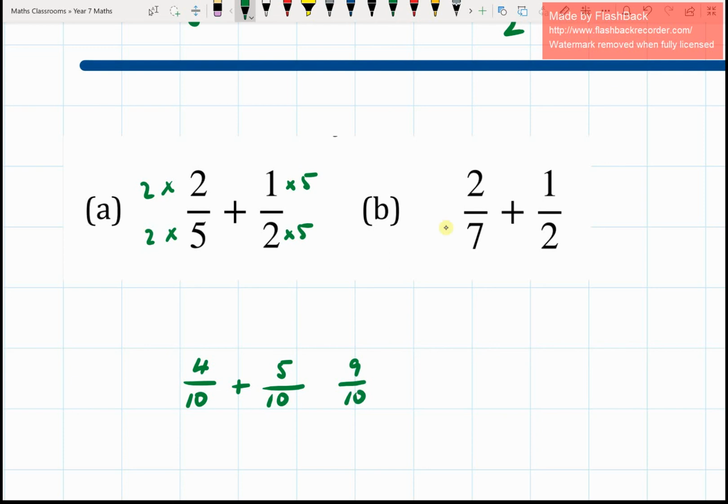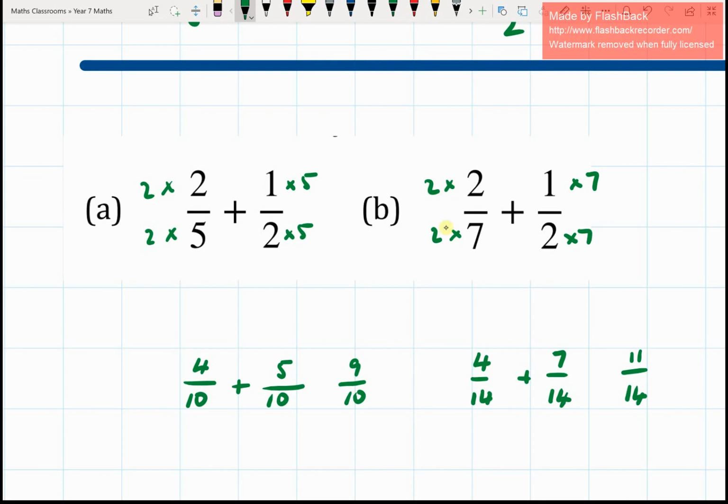On this one, I'm going to make my bottom number 14, because if I times 2 by 7, I get 14. How did I get 7 to 14? I times it by 2. How did I get 2 to 14? I times it by 7. And I end up with 4/7. And if we add those through, we're going to end up with 11/14. Now just remember, in your test you might have some subtraction questions, but it's the same process,